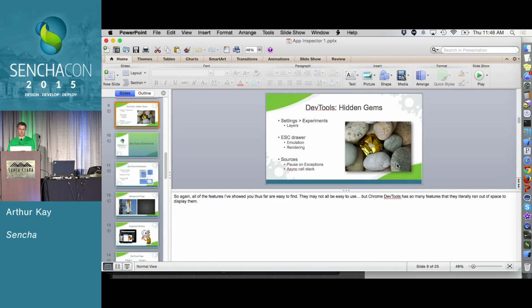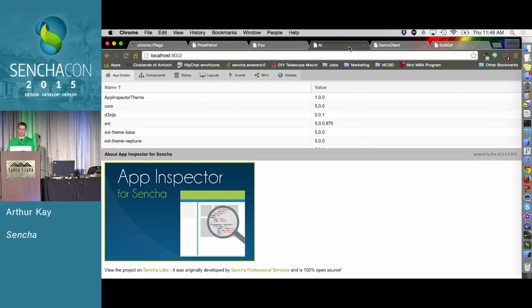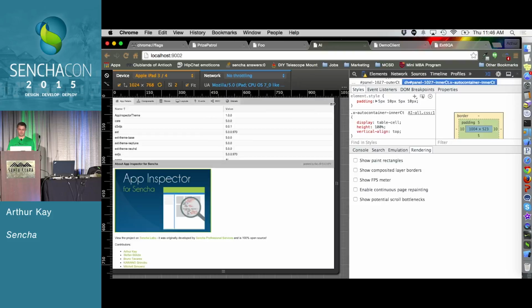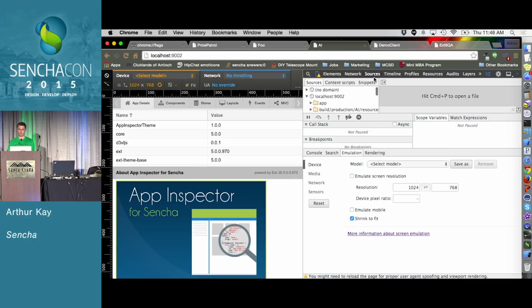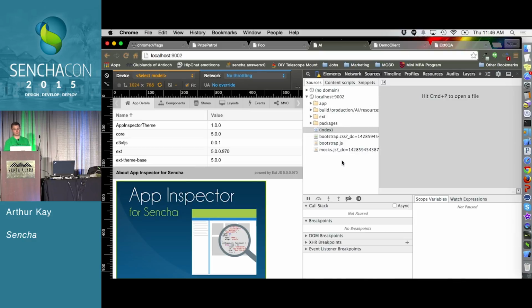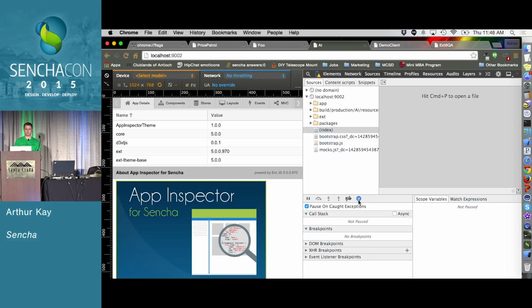The last thing I wanted to point out may not be quite as hidden. You still have to go digging for it, but on your Sources tab, let me turn off emulation now. You go to your Sources tab, I'll hide my escape drawer. I think everyone's familiar with, or if you're not already familiar, you should be familiar with the pause on exceptions button. So it's this little stop sign looking thing that you can hit, and rather than allowing the application to